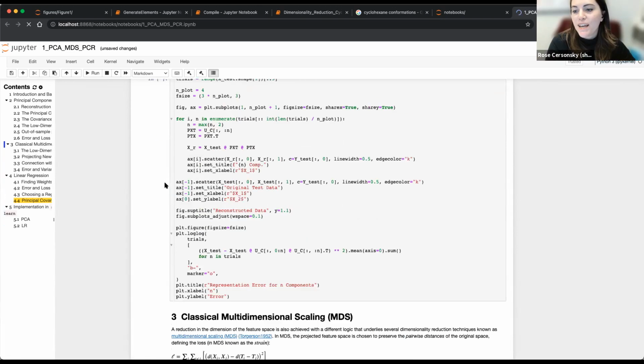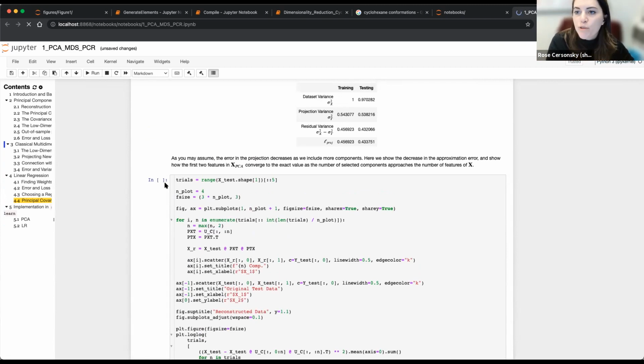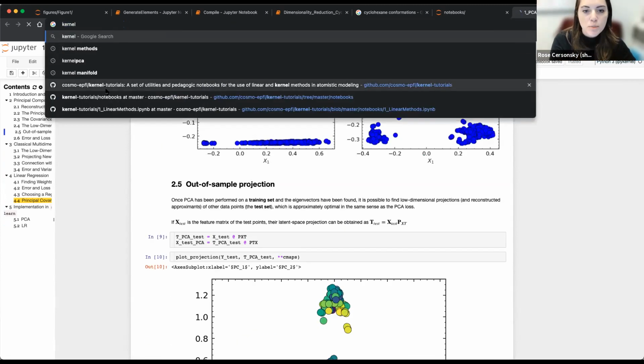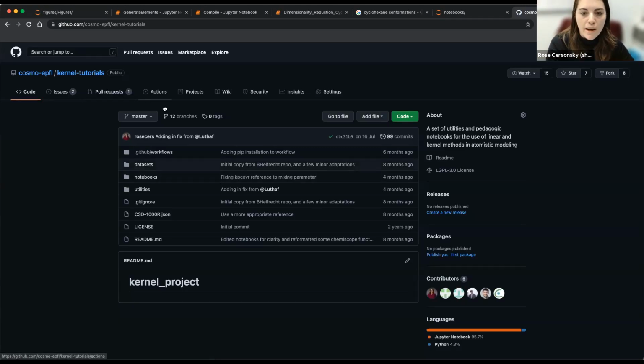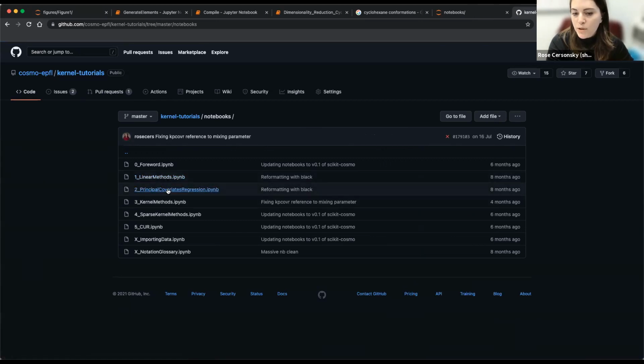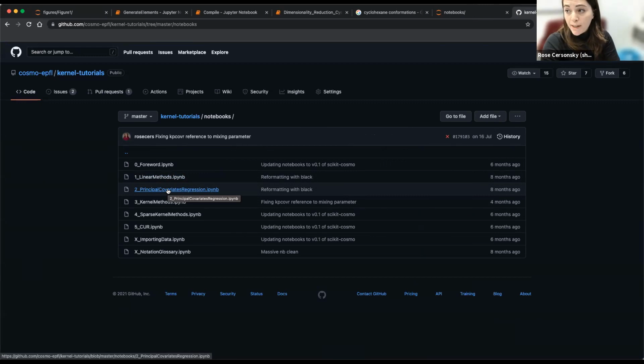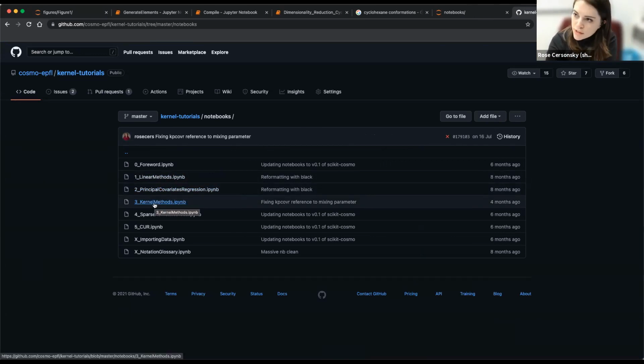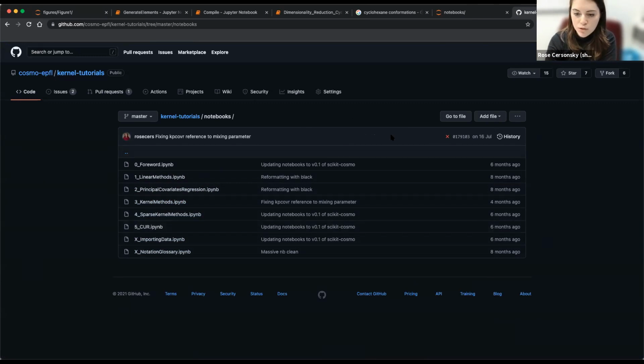Okay, so this notebook, and I'll talk about this a little bit later, came from a whole set of notebooks called the Kernel Tutorials notebooks. Which has this as well as how to do dimensionality reduction when you are knowing that you're intending to do regression later. So in that loss equation, you can actually weight it towards a loss in regression and determine a better dimensionality reduction latent space projection for that, how we use nonlinear distances as well as some other things here. So with that, I'm going to call everybody back to